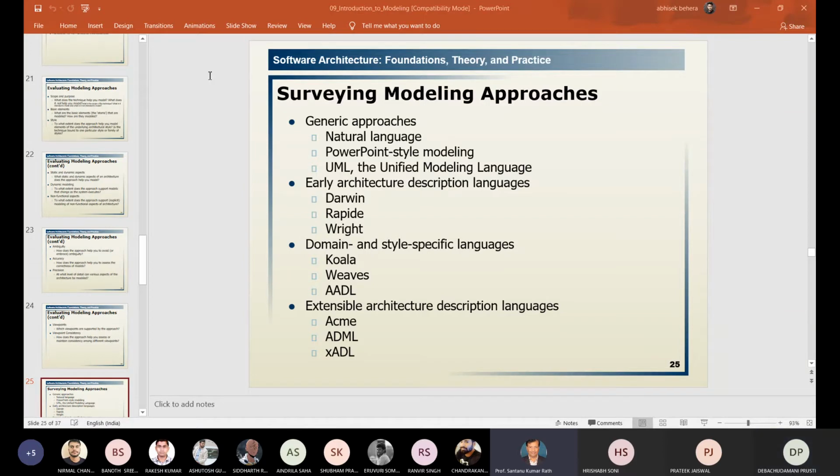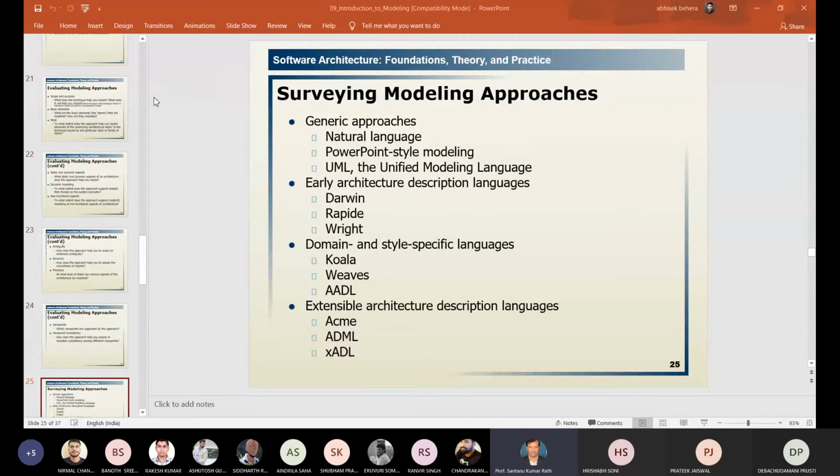Why do we need a model? To solve a problem. So the first one is using some language. Then once you write it down, you maintain some style to write it. So you write in a PowerPoint style. I told you not to make more than 10 lines, make it bullets, a picture on the right-hand side and text on the left-hand side. So in a particular style, in a PowerPoint manner, so that it will be easily understood by your friends or your group members.